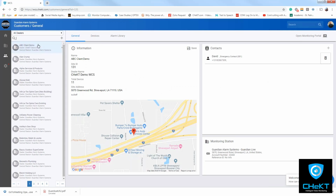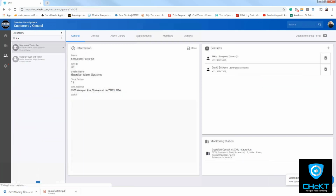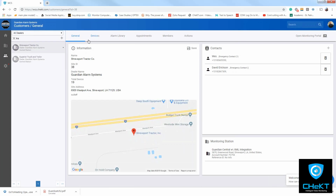I'm just going to show you, this is a customer list. These are a list of customers on an example integrator. This integrator has over 100 sites now installed with the CHeKT bridge. I'm going to pull up a site that is used for demonstration and training and just go through a couple